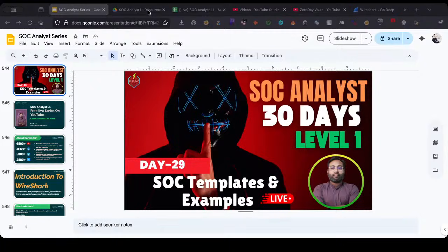So in today's session, we are not doing the deep practical analysis that is planned for tomorrow, but we will build a strong foundation of concepts. So we will learn everything about Wireshark, how you can install it, why it is important, the UI of the tool,